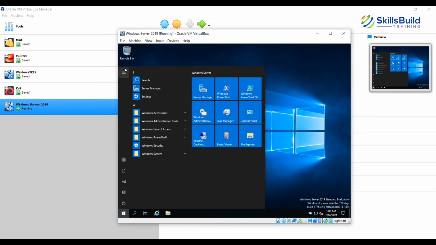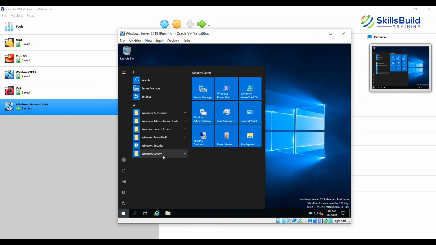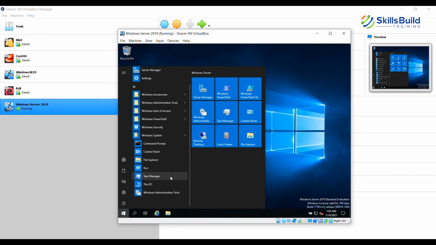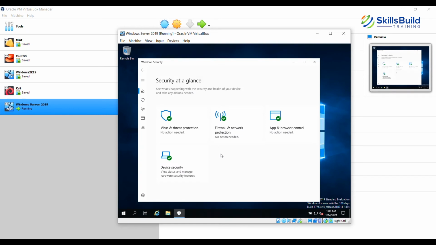And this particular option here expands these options. Basically, rather than just seeing the icons, you get to see the name of the icon as well. And these are some of the options we have for Windows. So we have the Task Manager, we have Windows Administrative Tools. We'll get to these in a moment. Then we have Windows Security, where all the security related options are combined. So there is Windows Defender, then the Windows Defender Firewall, then app and browser control and device security.